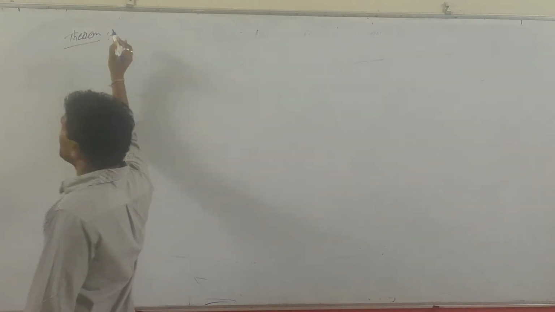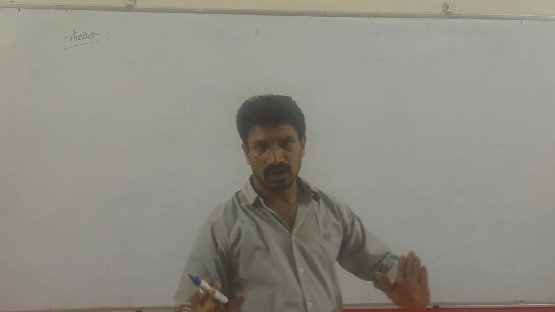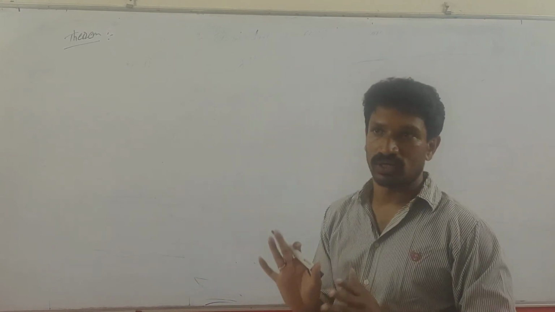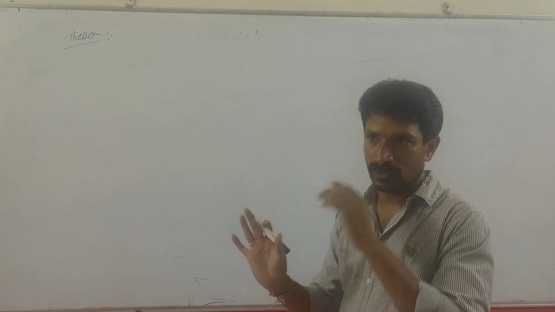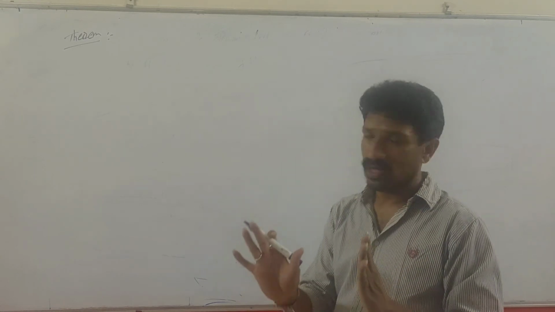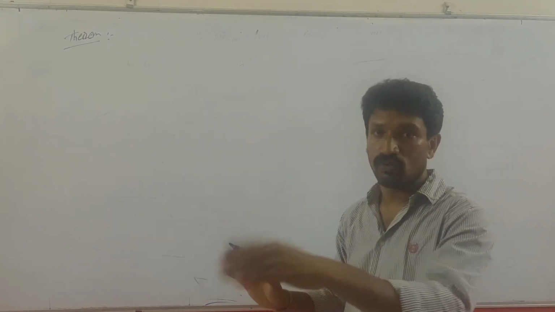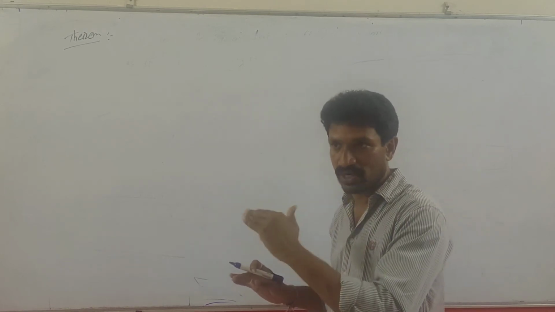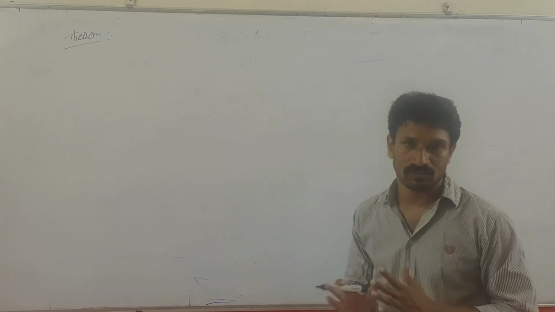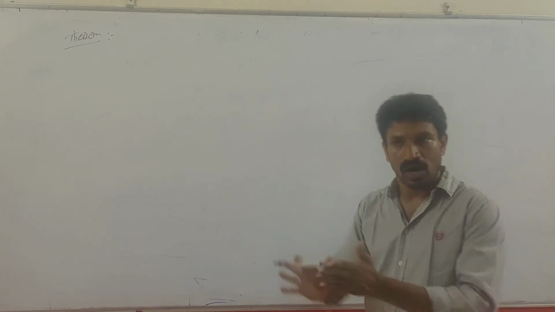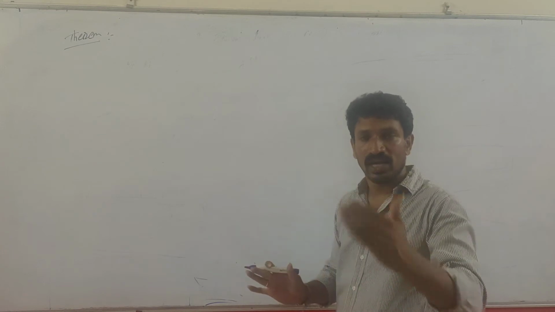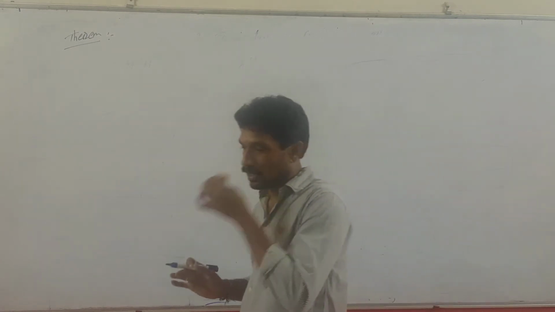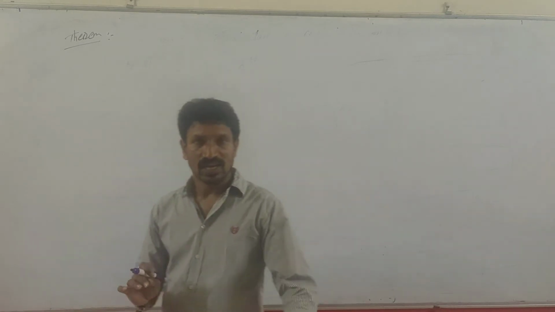In pair of straight lines, mostly all the concepts are given by theorems only. These theorems you just remember. Theorems are the most important part of pair of straight lines. Based on theorems only we have the problems. If you want to do the problems in pair of straight lines, first we have to learn all the theorems. If you know the theorems and how to do them, then we can do all the problems. So theorems are very important in the pair of straight lines. Next theorem is